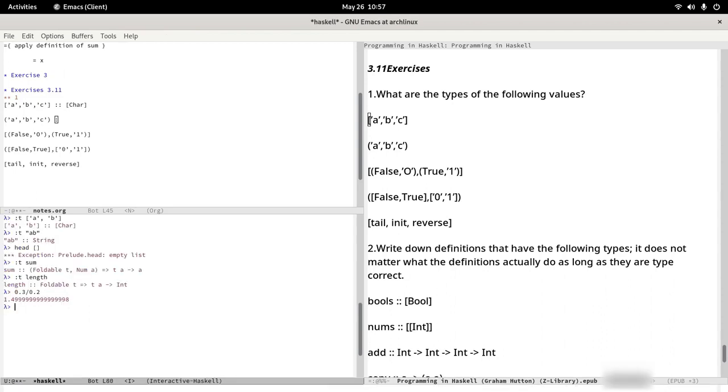Haskell. This is a tuple of chars. This is a list of bool and char. This is a tuple of a list of bools and a list of chars. This is a list of functions